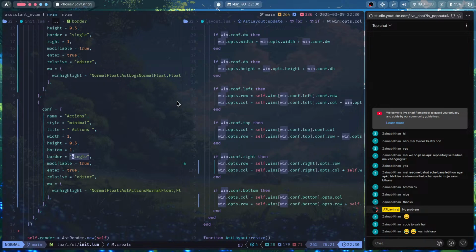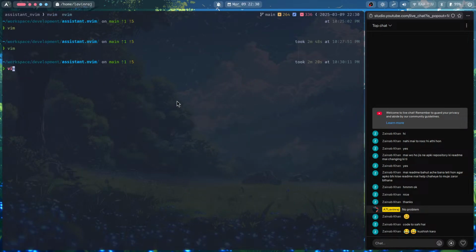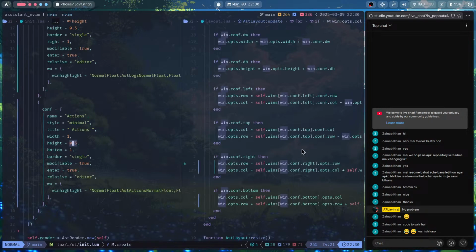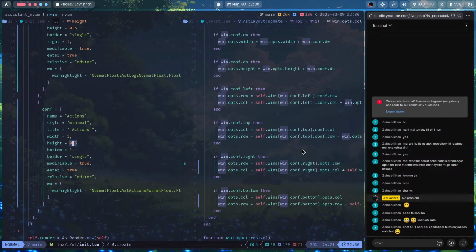So this is the bottom thing. Let's see if this works. Okay, it works perfectly, but we have to adjust the height. We have to adjust the height. Yeah, Copilot,